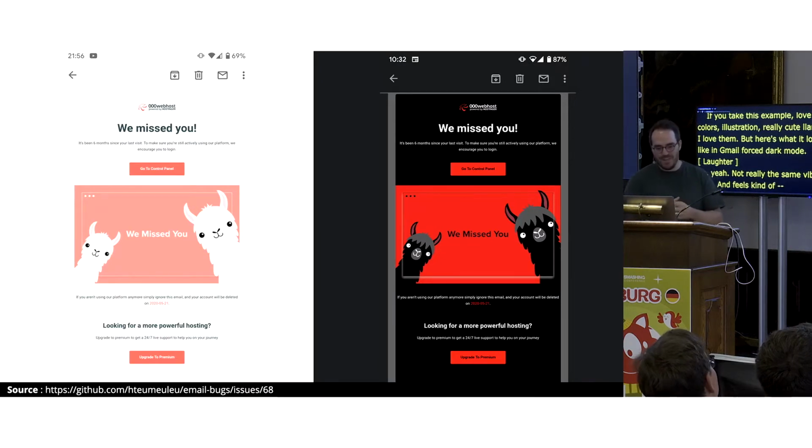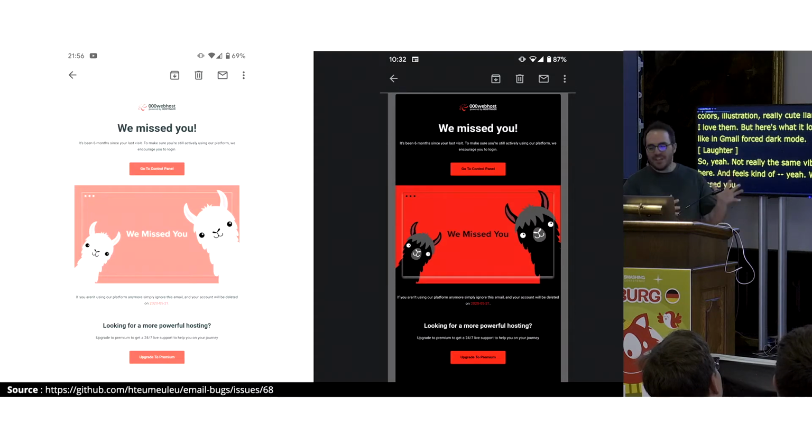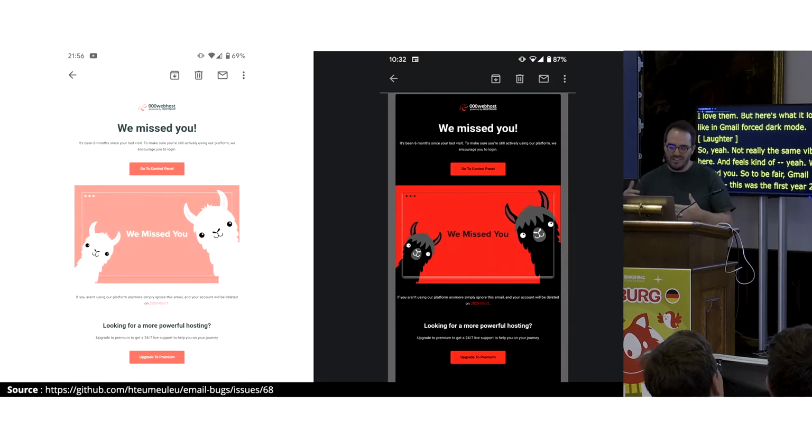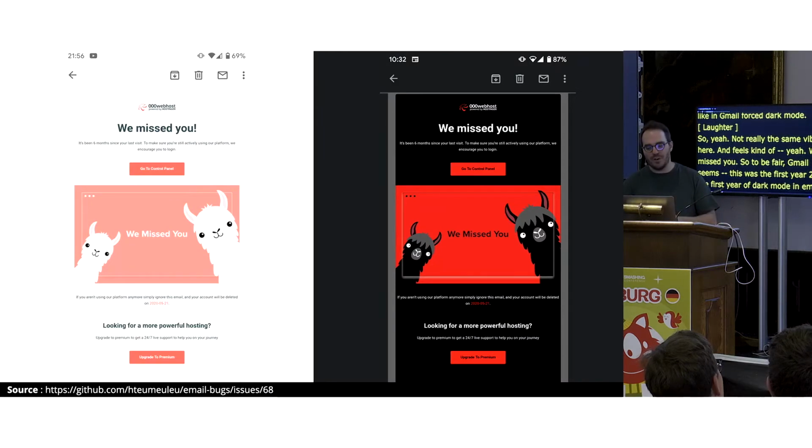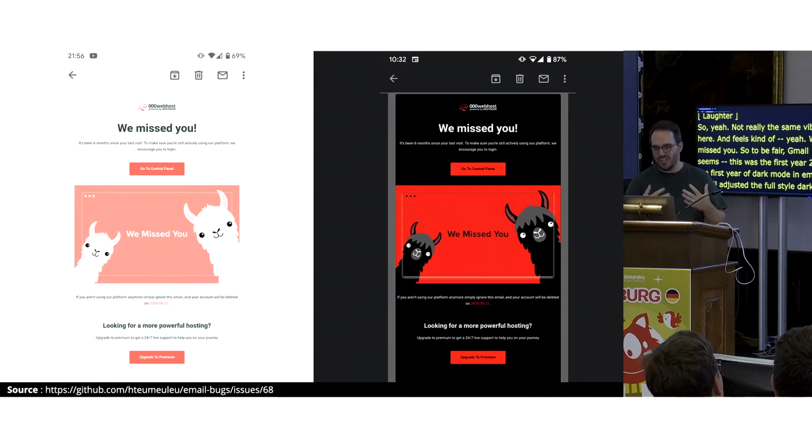We missed you. To be fair, Gmail, since this was in the first year, I think in 2019, in the first year of dark mode in Gmail, Gmail since adjusted its forced dark mode algorithm and no longer does this sort of thing, but there's still some color changes and surprises.